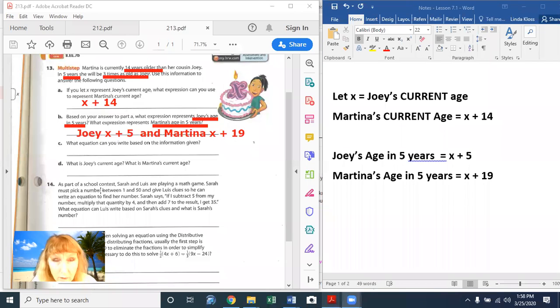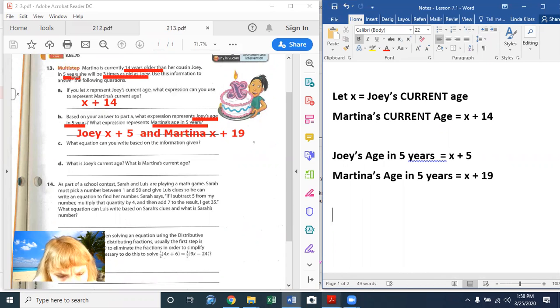Letter C. What equation can you write based on the information given? So let's go back up here. Use this information to answer the questions. What equation can you write based on the information? Well, we can set them equal to each other. So we have,